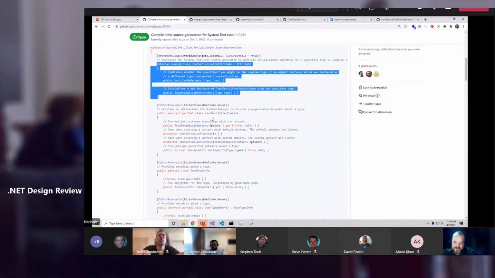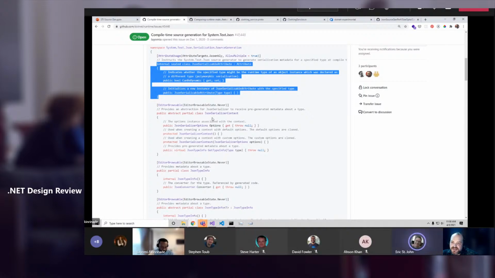Correct. Which seems weird. Probably not the model we want to do. Why don't we want to put this in System.Text.Json? My understanding of it is that there are some scenarios where we might not be able to provide the generator, as far as the generator is an independent parameter. So if you don't,